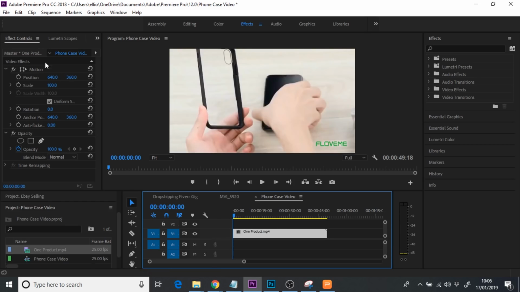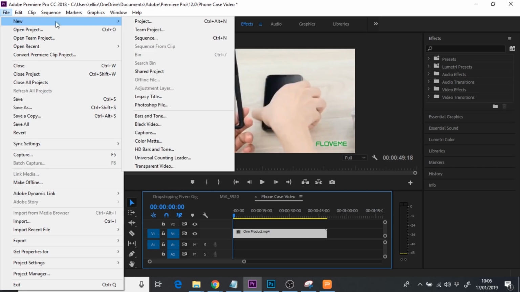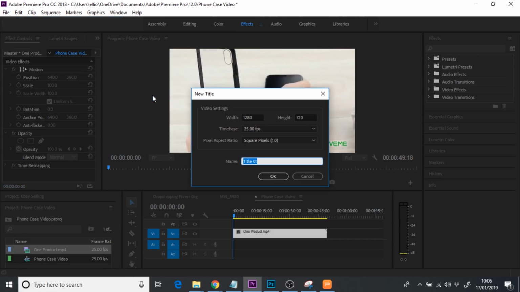And what we're going to do next, we're going to go to File, New. Now this is only for Premiere Pro, but pretty much any video editing software, you will be able to put text over the video. So don't worry, whatever video editing software you're using, or if you are using the 14-day free trial of Premiere Pro, then you can do this. So I'm going to go to New, and we're going to go to Legacy Title. So like I said, it might be different for the one you're using. And then we're just going to call this title, we'll just call it text,